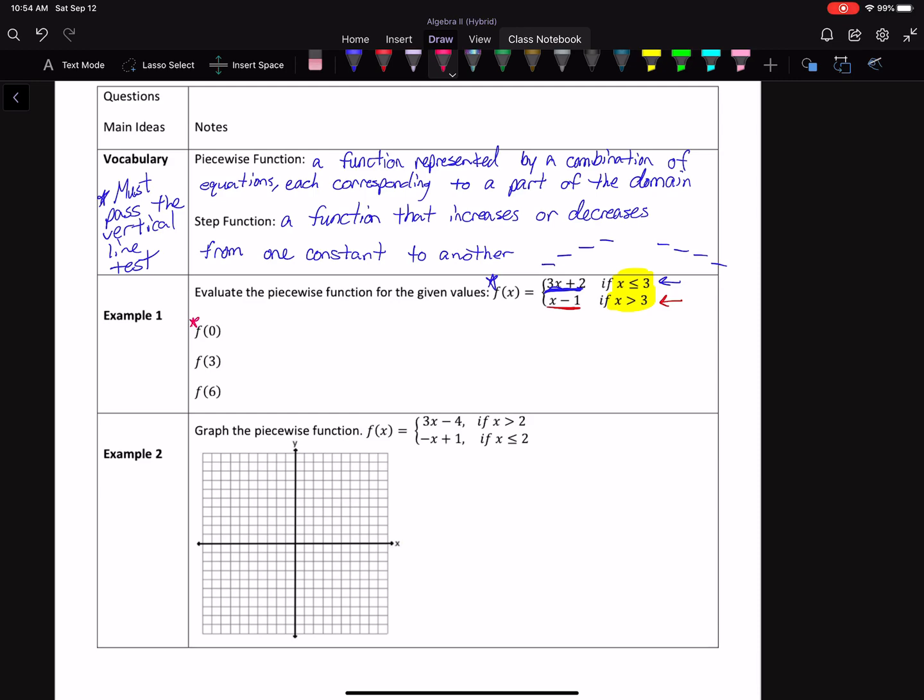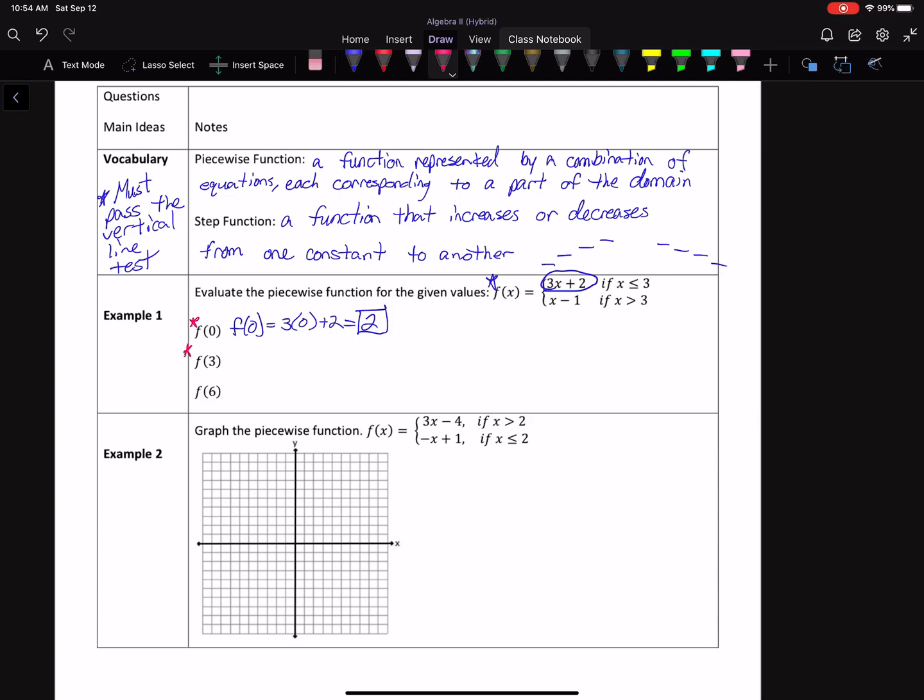0 is less than or equal to 3. So we are going to use this equation right here. And then all you do is you evaluate it. So you plug a 0 in for the x, 3 times 0 plus 2, and simplify. Okay, the second one,